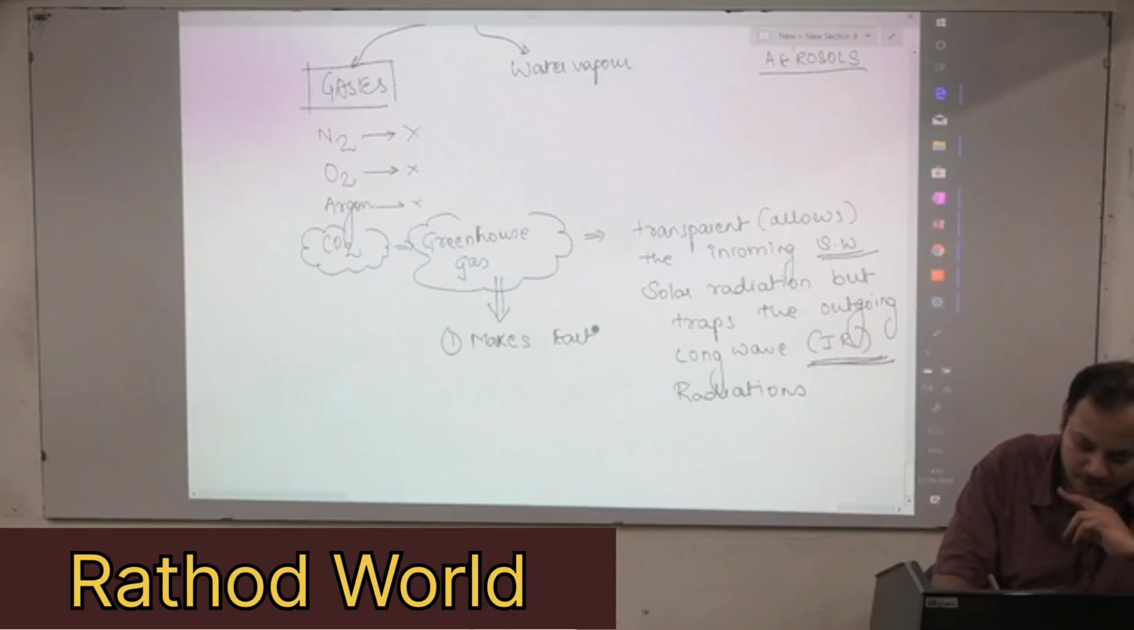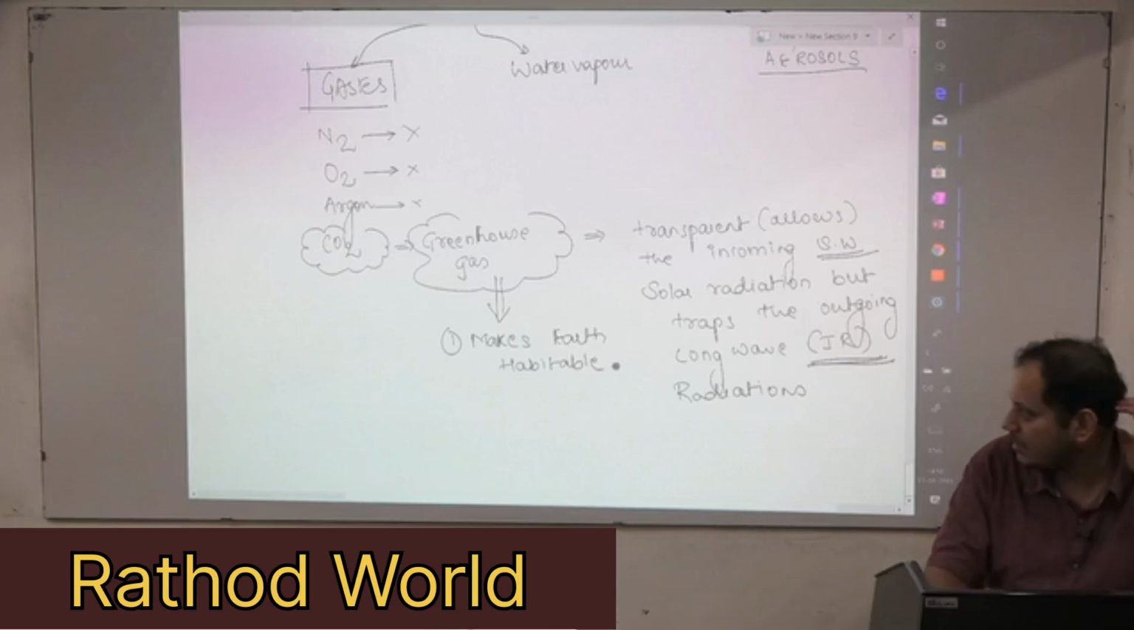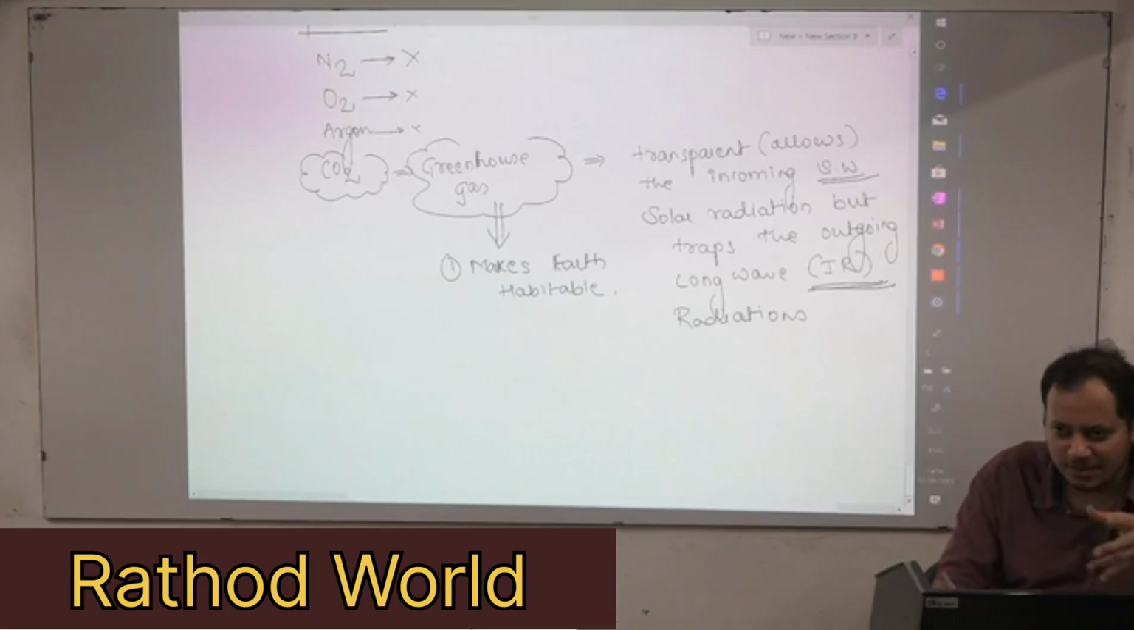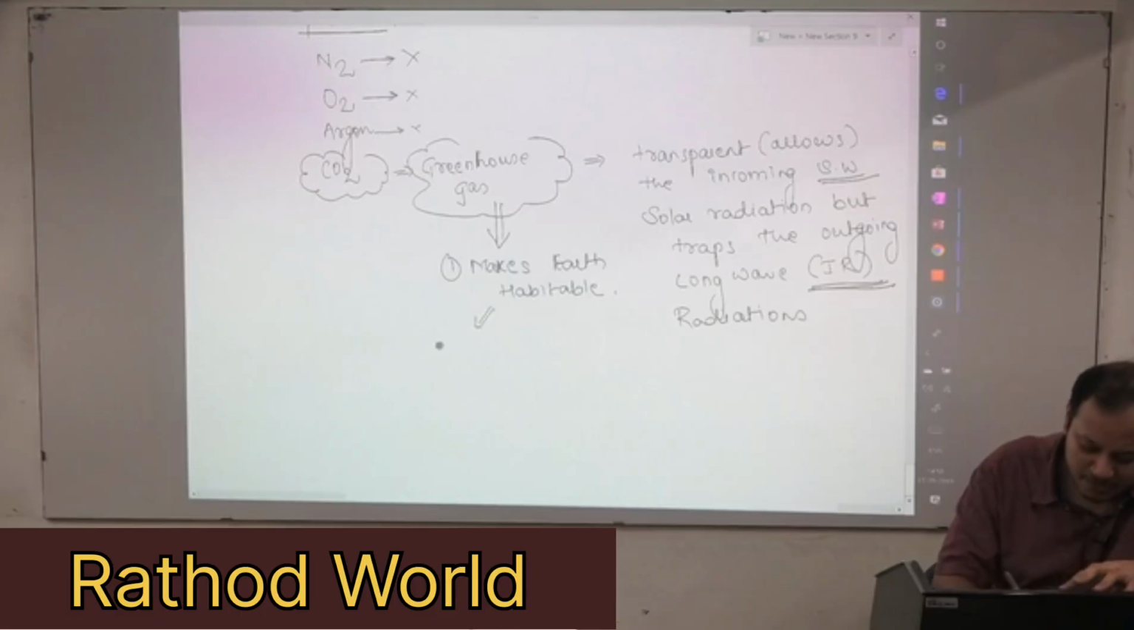Why? Because it increases the temperatures on the Earth. It makes the Earth habitable. It increases the temperatures on the Earth, and therefore it is because of the carbon dioxide that the average temperature of the Earth is somewhere around 21 degrees Celsius. Had there been absence of the carbon dioxide,